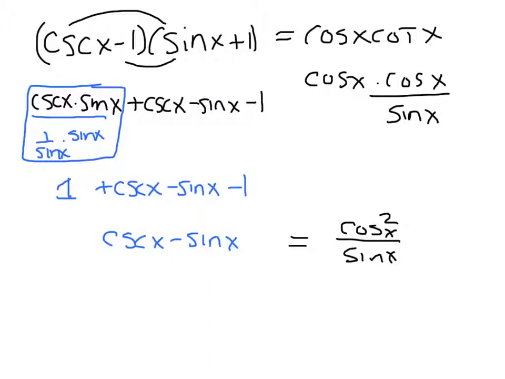And so I'm looking at the left. The left is subtracted. The right is a single fraction. So if you think of the left-hand side as 2 fractions, 1 over sine x minus sine x, and I think of the right-hand side as a single fraction, then I can use strategy number 4, look for opportunities to use number operations, such as getting a common denominator. So I'm going to multiply this by sine x over sine x. So I end up with 1 minus sine squared x over sine x,